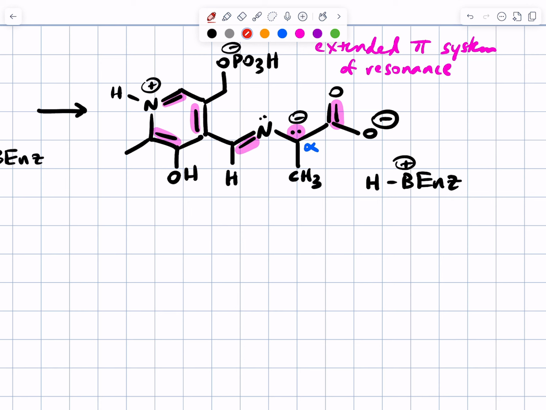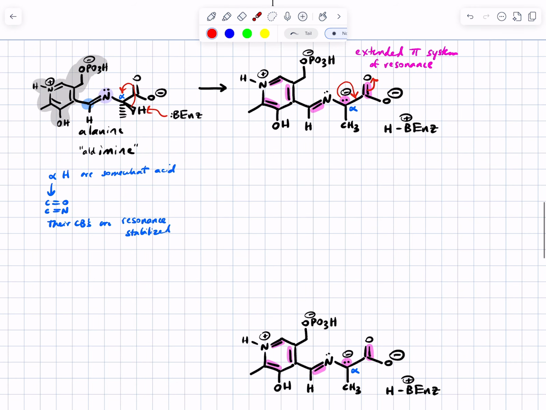One easy one would be to take the electrons on the alpha carbon, move them here between the alpha carbon and the carboxylate carbon to make a new pi bond, and then break the carbon-oxygen pi bond, and then electrons would go out onto the carbonyl oxygen. So that resonance structure, and that's one that we've seen before for other similar molecules, would look like this,